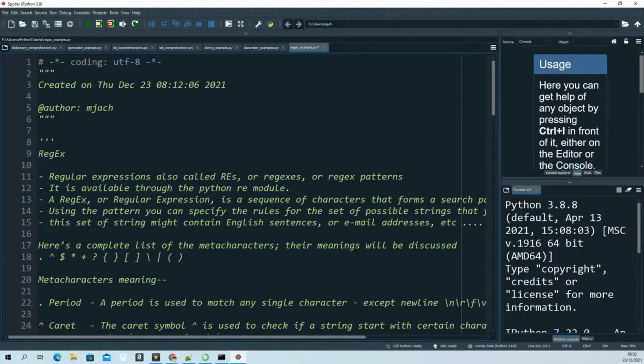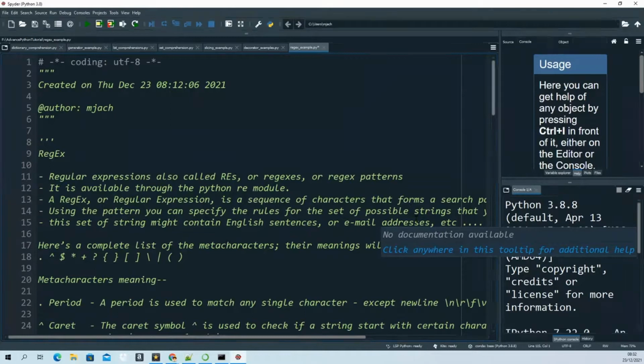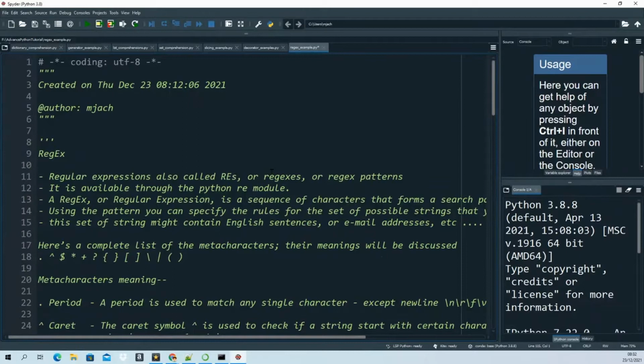This set of strings might contain English sentences or email addresses, and if you work in localization, you want to convert different languages, and there are a lot of search patterns, so you can use regex in that case. There are plenty of places, basically whenever you want to work with strings, regex comes in very handy, and each language, like C Sharp, Java, Python and others,